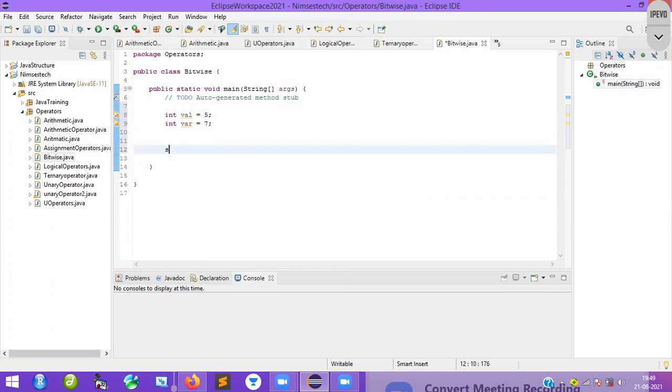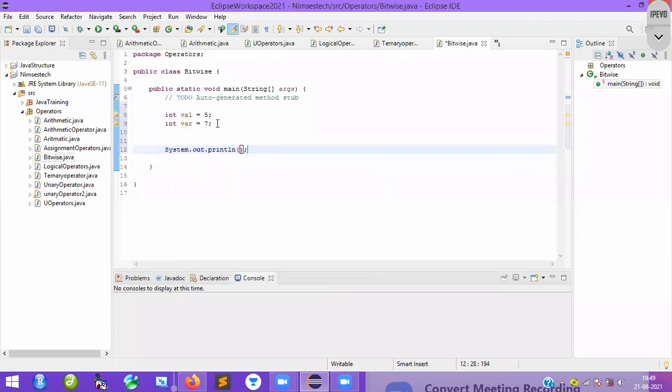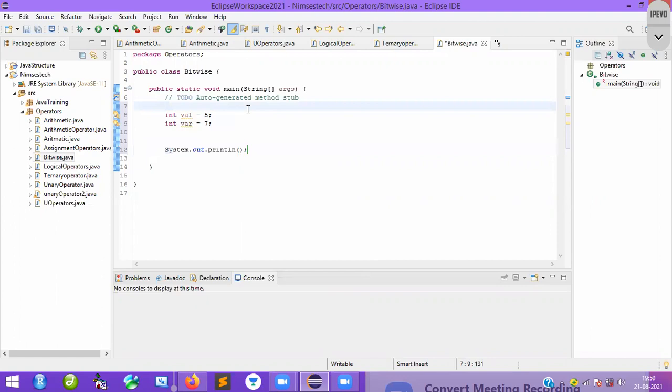SYSO, control spacebar. Okay, that's it. So done. Here, first I am going to convert these values, val as well. So this one I will convert using the bitwise AND operator first. I will say AND operator here. So I will just mention here and, that is equal to,